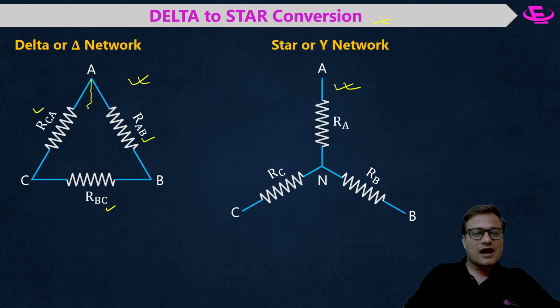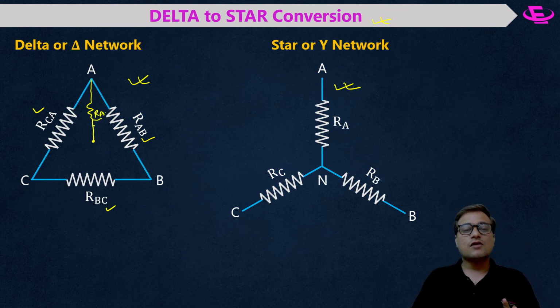suppose you are calculating Ra. Now you have to write the product of two resistors at numerator for the calculation of Ra. So you see Rca and Rab, these two are connected to Ra. Next, Rab and Rbc, this pair is not good, because one of them is connected to Ra, another is not. So you can't take this pair. Again, Rca and Rbc: Rca is connected to A, but Rbc is not connected to A directly. So this pair is also not good.